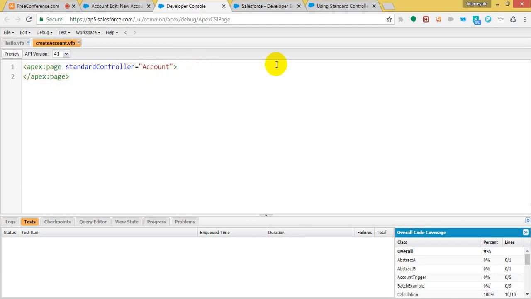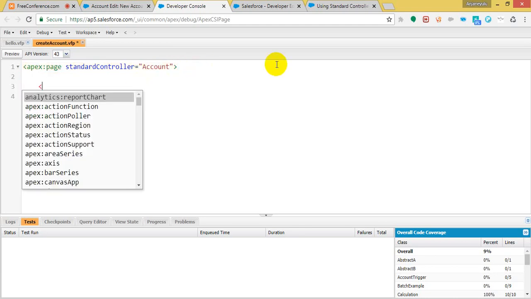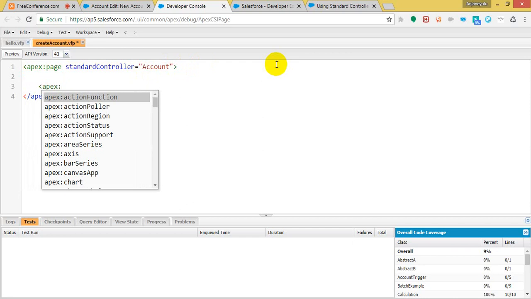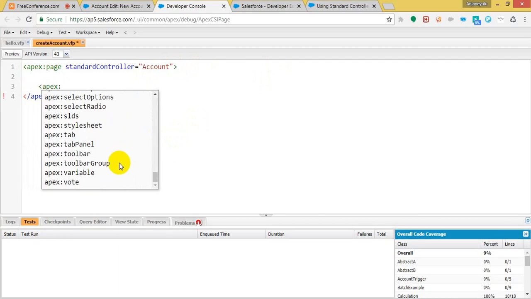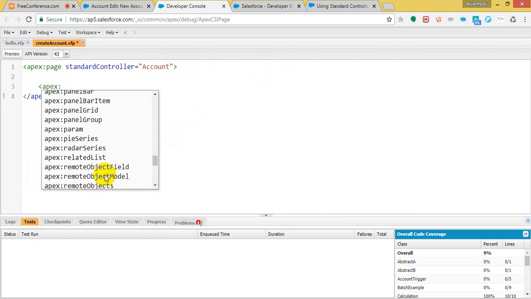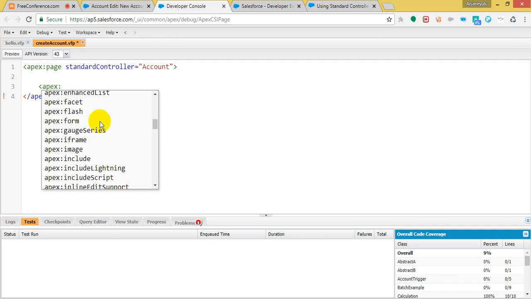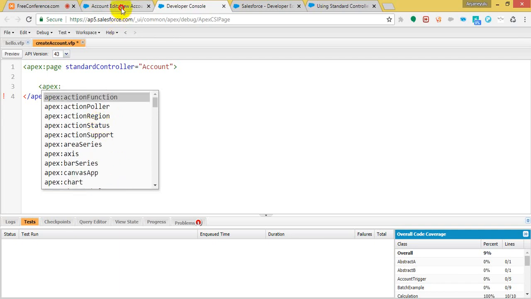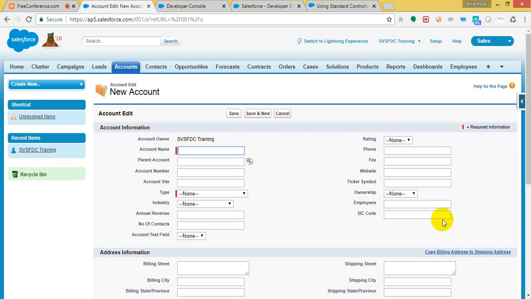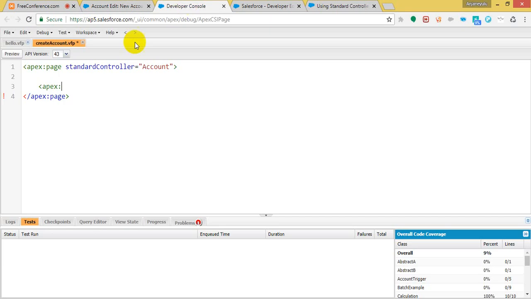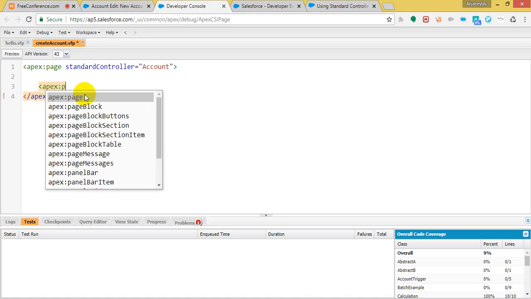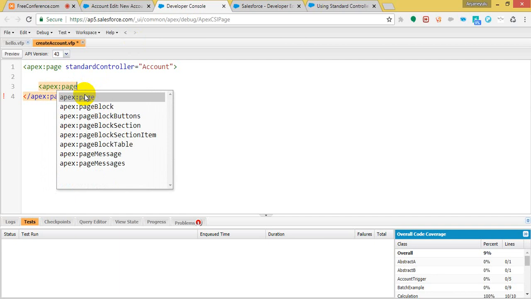Now here I am typing apex colon. If you put apex colon, then we will have different tags here. You can use any type of tag now. Let me create one. See, there is a section here, right? This is called page block section. Now we can use apex colon. First we are going to create page block,